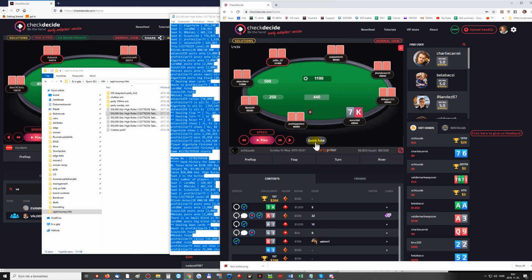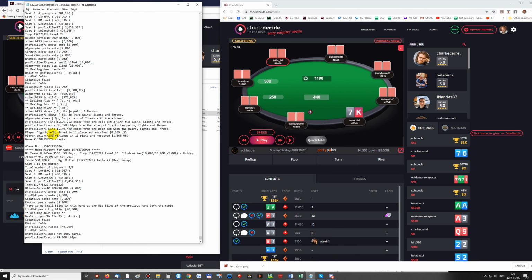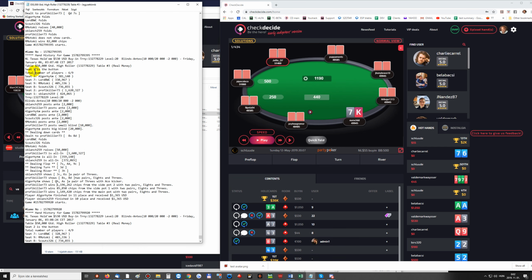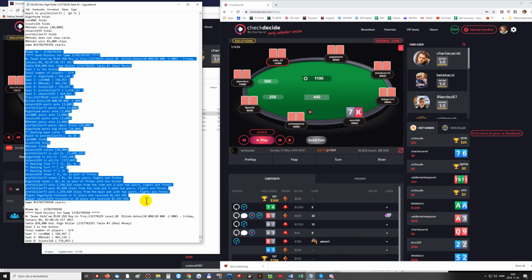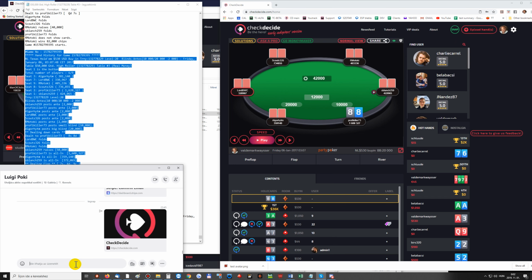So yep, these are the two major functions you can already use CheckDecide for. But for example, if you have exactly one hand on the clipboard, so let's say I copied this one hand on my clipboard, and I click on the snap button, then the hand is uploaded, a link is generated to the hand, and the link is copied back to the clipboard, all with one click. So I can share this hand